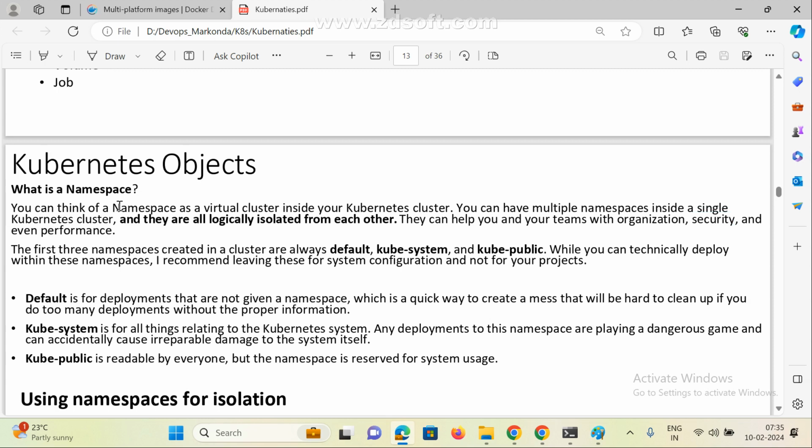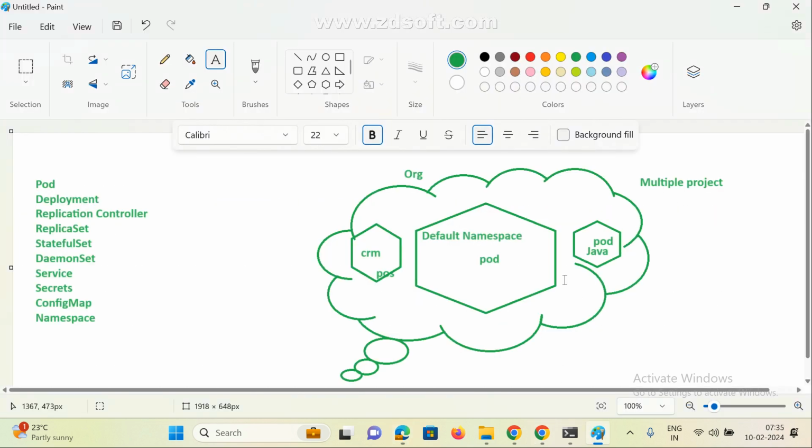See here, a namespace is a virtual cluster inside your Kubernetes cluster. This is my cluster, the entire Kubernetes cluster. Inside the cluster, we are going to create multiple namespaces. This is the virtual cluster inside your Kubernetes cluster. If you think this is the Kubernetes cluster, your K8s cluster, inside the cluster we are going to create multiple